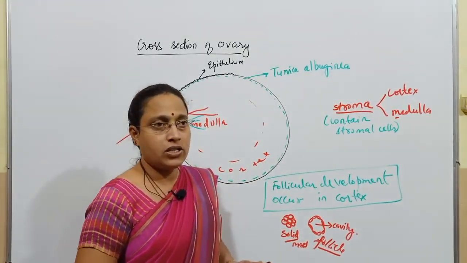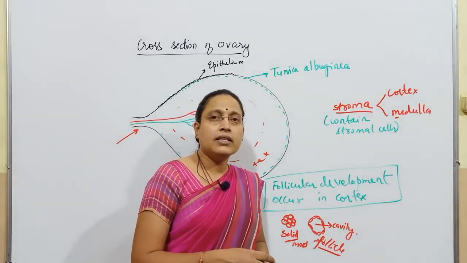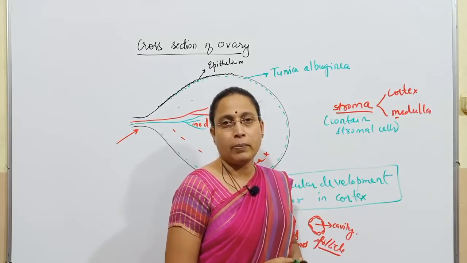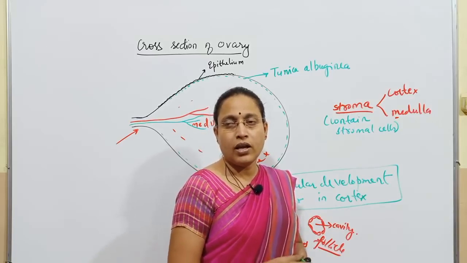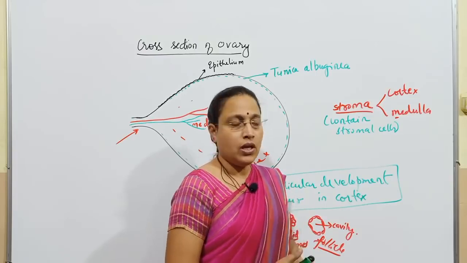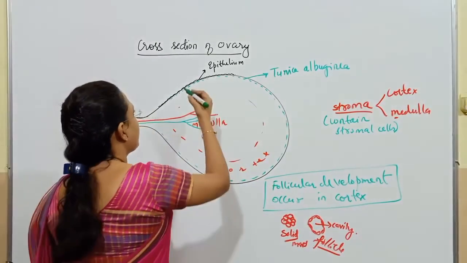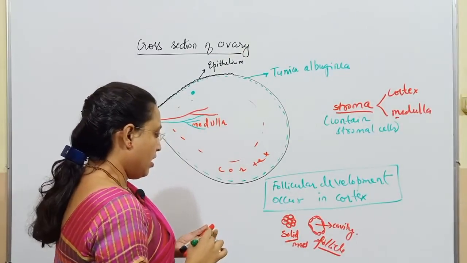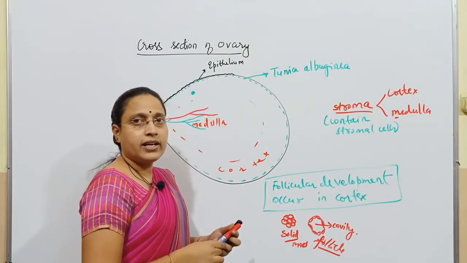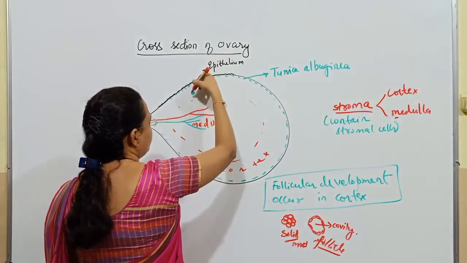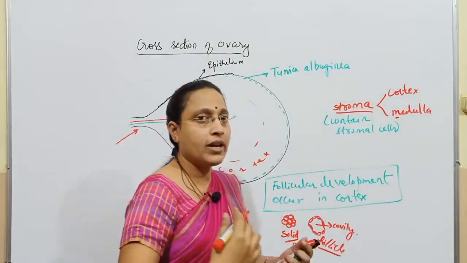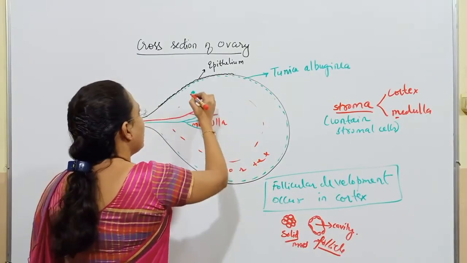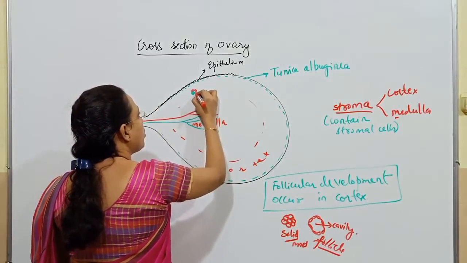I will describe the various types of ovarian follicles and how they develop. Now in the embryonic stage, primordial germ cells will migrate into the genital ridge and start developing into a cell called oogonia, which will in future form the ovum. So let's consider this as the oogonia cell, and after entering the ovary during the embryonic stage, it will undergo division.